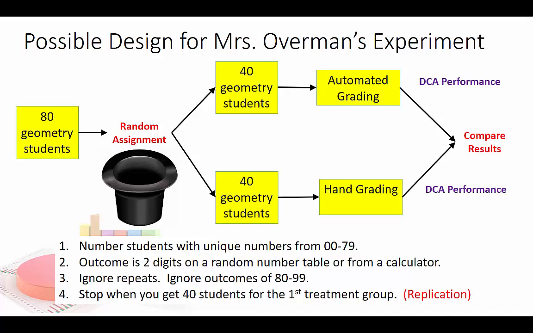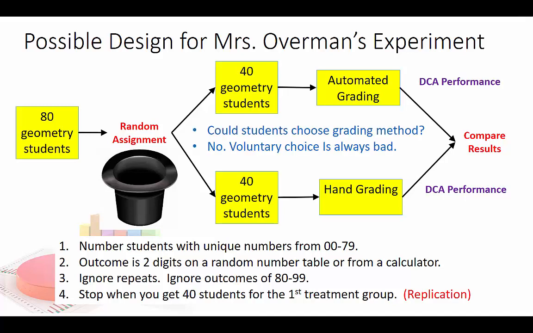Now, one thing as a teacher is my students might say, hey, I really prefer that I don't like to use the automated grading. I'd rather just do it on the paper. Can you hand grade it? Technically, that would violate the experiment. So voluntary choice is always bad for any experimental design. It doesn't matter which